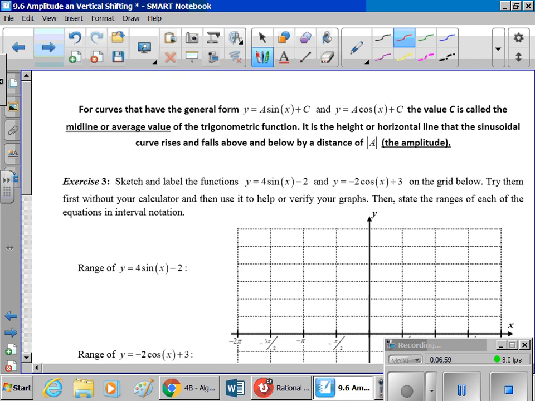For curves that have a general form y equals a sine x plus c, or a cosine x plus c, the value of c is called the midline, or the average value of the trig function. All right, it is the height or horizontal line that the sinusoidal curve rises and falls above and below. The distance of absolute value of a is the amplitude. All right, so